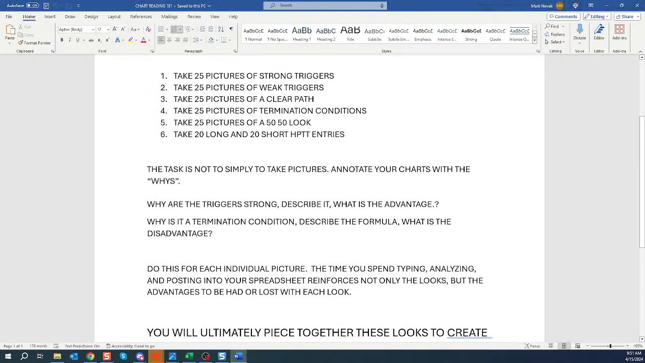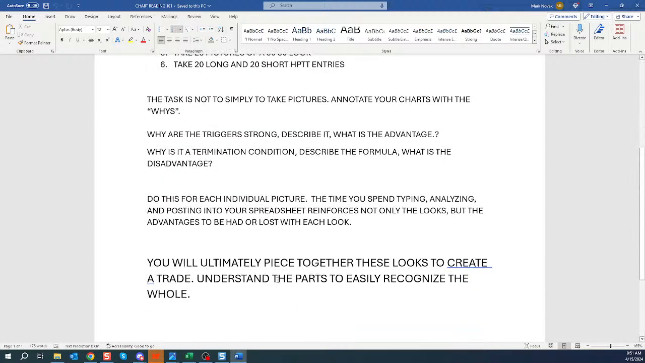And guys, if you do this on each individual picture, the time that you spend typing, analyzing, and posting into your spreadsheet, it not only reinforces the looks, but it associates an advantage with the looks. And then you're going to piece them together to create a trade. And the parts make it easy to recognize the whole. So Troy,